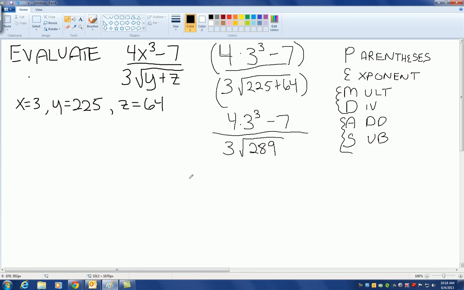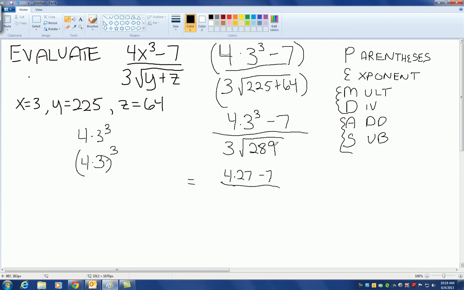Okay, the next thing we deal with are the exponents. 3 cubed is an exponential expression. And by the way, we've got to contrast 4 times 3 cubed. That means we take 3 and cube it, then multiply by 4. This is what would mean take 4 times 3 and cube it. So without the parentheses, you're just raising to the power only the variable right below. Okay, so we've got 4 times 3 cubed is 4 times 27 minus 7 over,